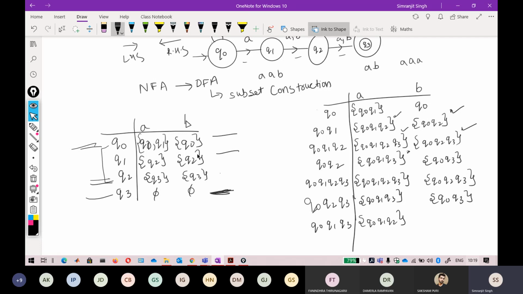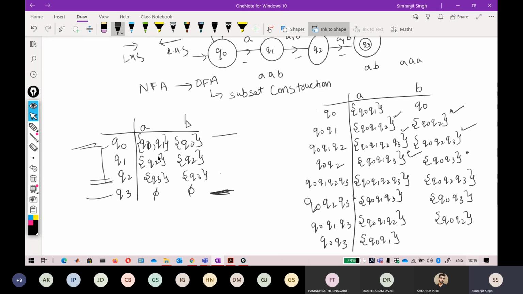In this one it will be Q0, Q2. I think they are not new states. They are already there. Okay, so this state is completed. Now again there is Q0, Q3. I don't think Q0, Q3 comes before. So again do it like this: Q0, Q3. Q0, Q3 is only Q0, Q1 because Q3 is a dead state.